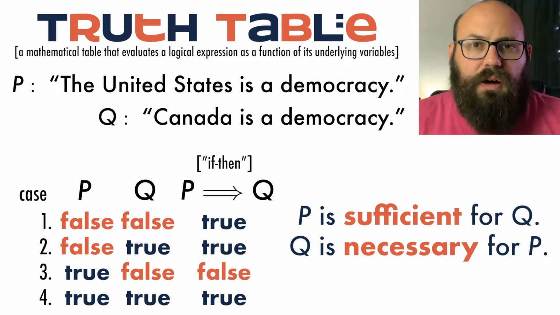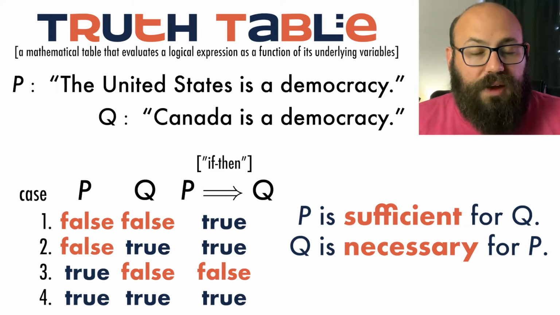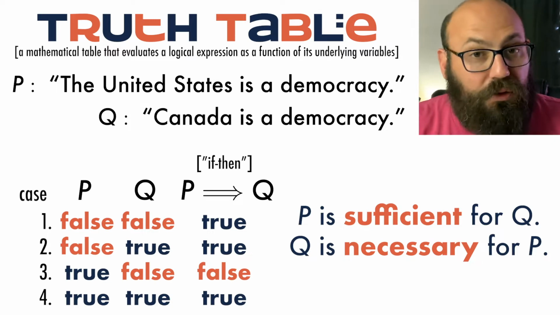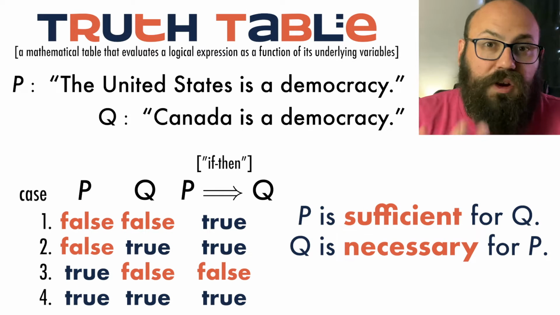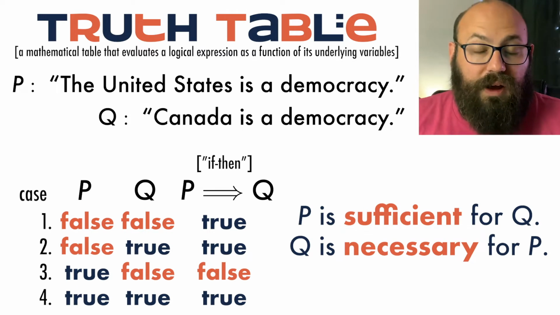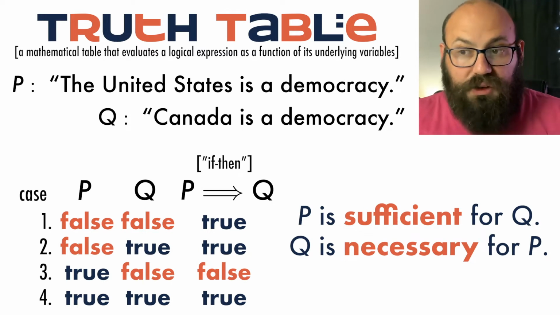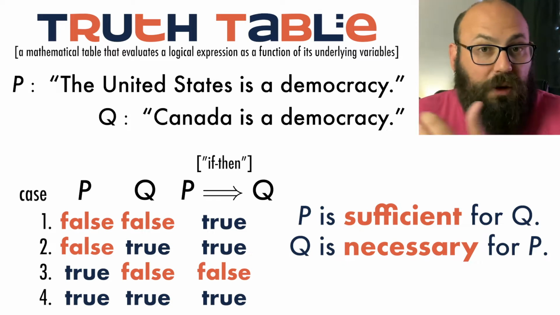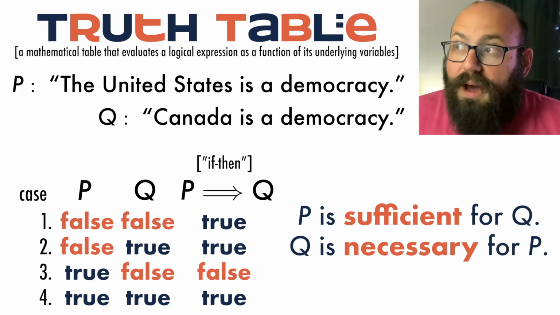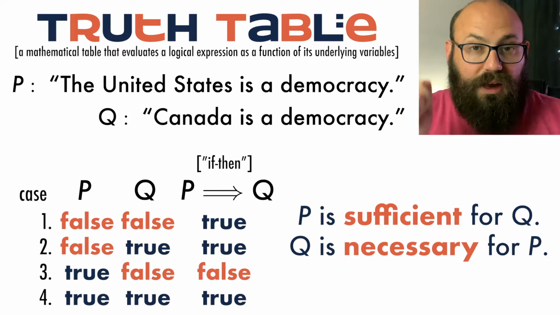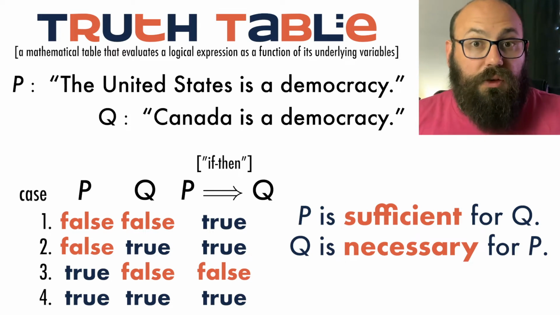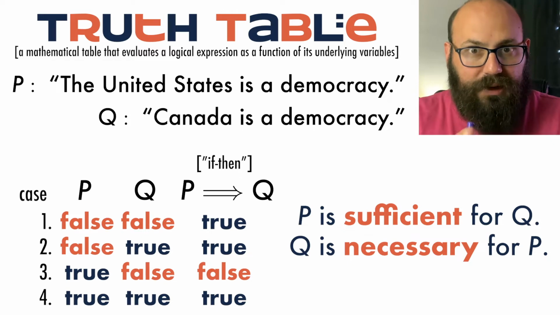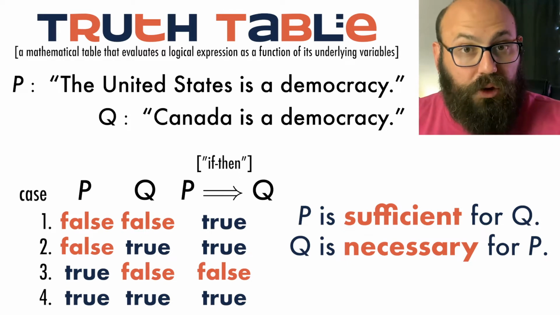Whenever I say that something is sufficient for something else, I mean that if it's true, then the other thing is true as well. So if I tell you that development is sufficient for democratization, then I mean if a country is sufficiently highly developed, then they will democratize. And if I mean to say that development and democratization are the same thing, then I need that implication to work in both directions, so that each is a necessary and sufficient condition for the other.